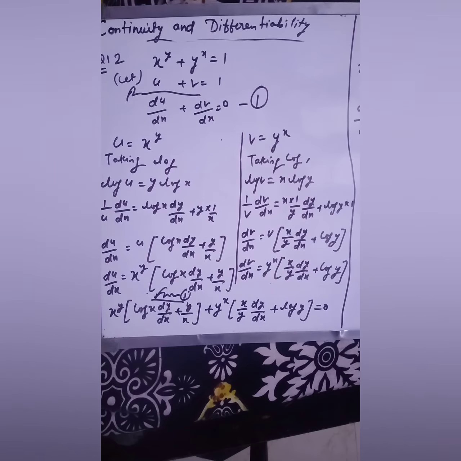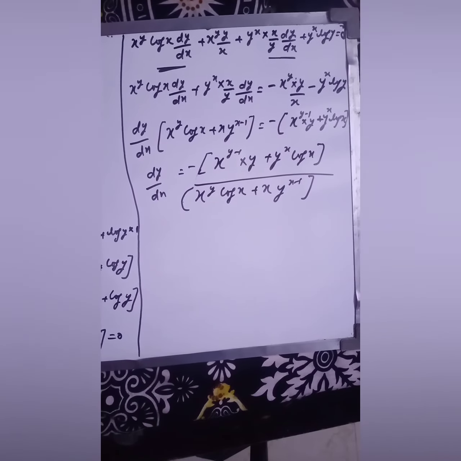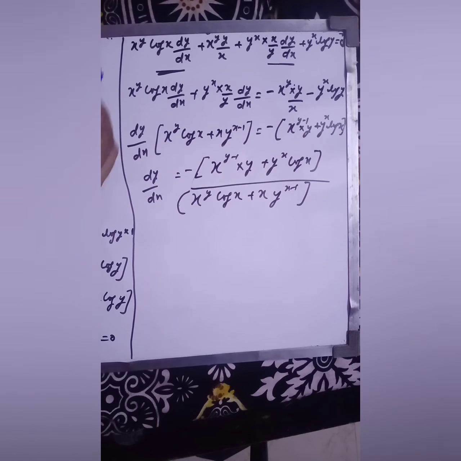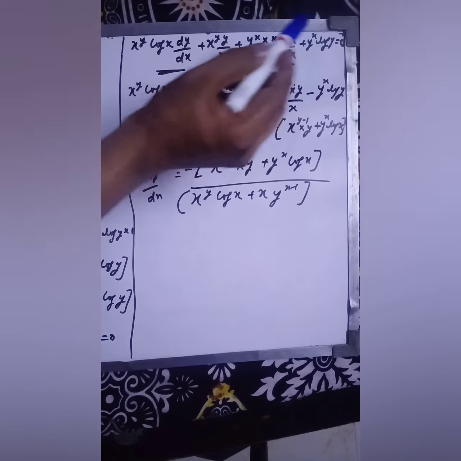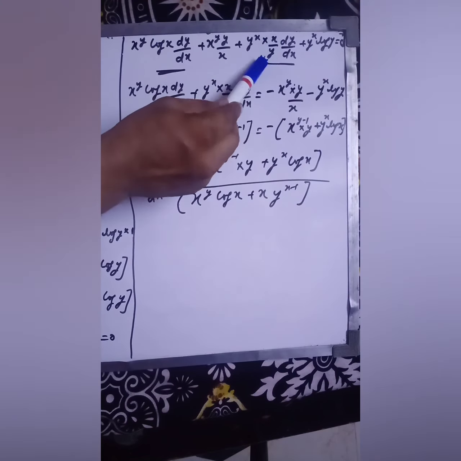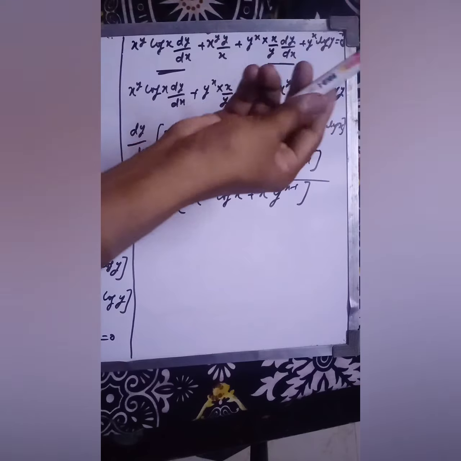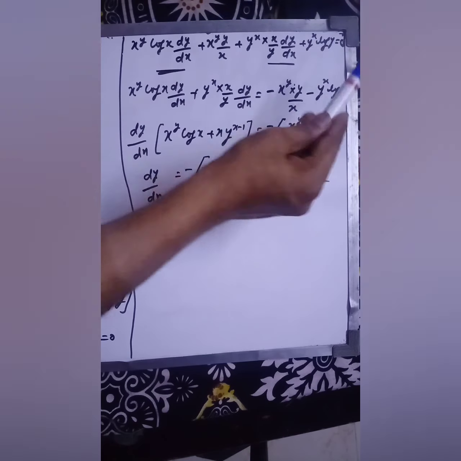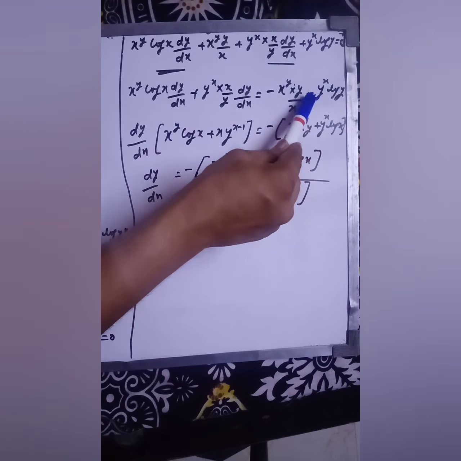Let me adjust the next page, just wait. Like this you have to solve. So here I have just inserted this into this, and you will get this, and you have to insert into the next bracket, and you will get this. So this is your dy by dx, and this is your dy by dx. So these two terms will remain here, and the rest of the terms you have to shift on the right hand side. The sign will change, this is plus, this is minus, and this last term will come on the right hand side, this will be negative.